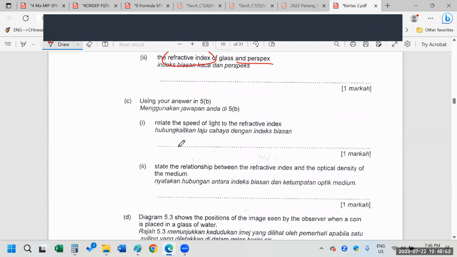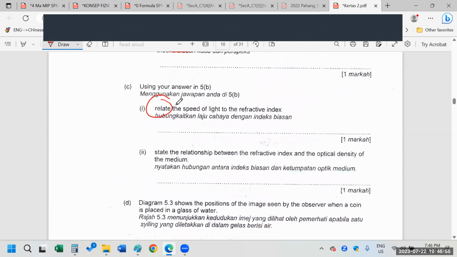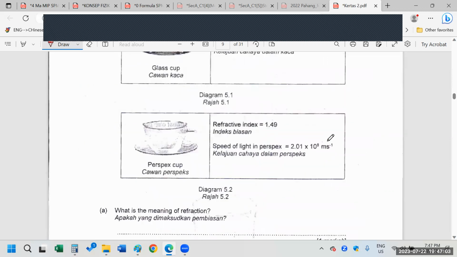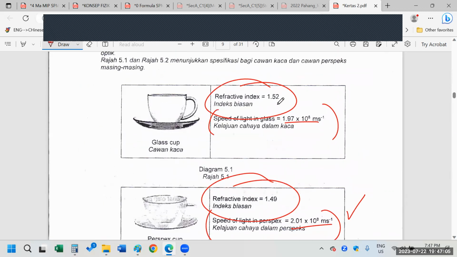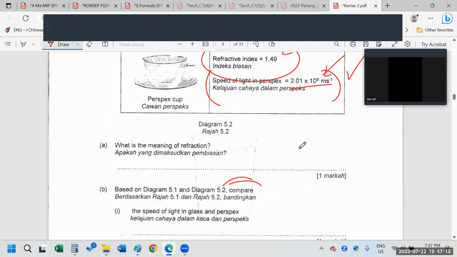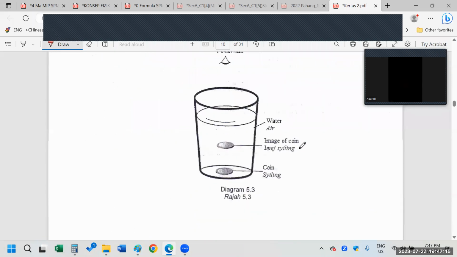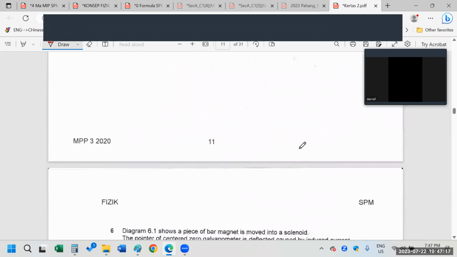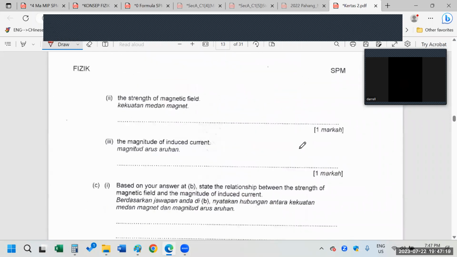Okay, relate. Relate the speed, the refractive index and the optical density. Okay? Now just compare. They already give you, you know. So it's a bonus mark actually. This one,